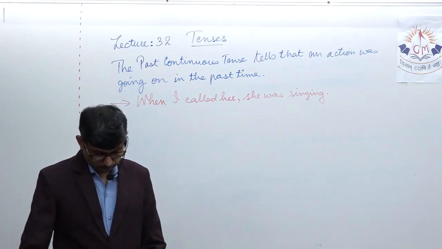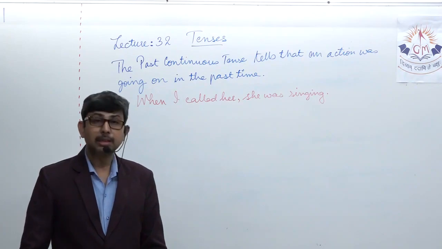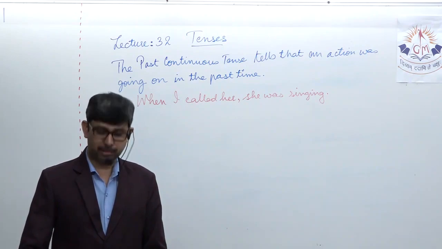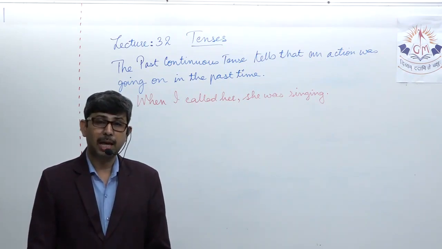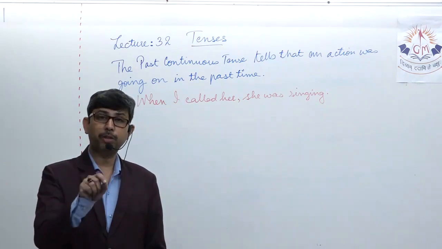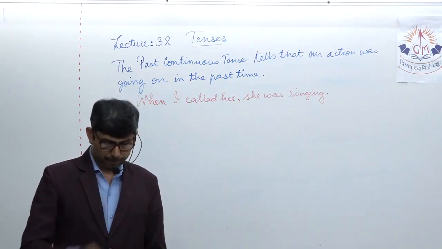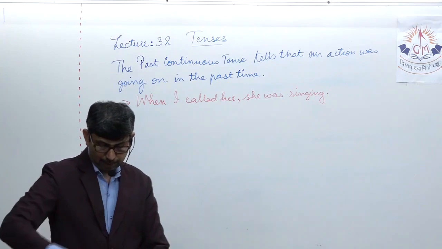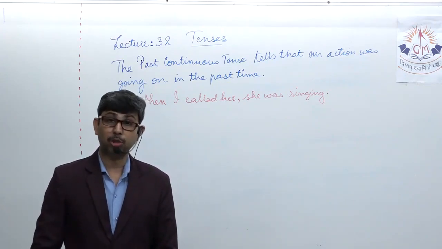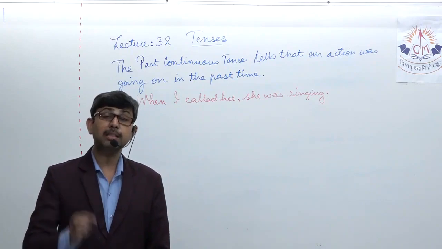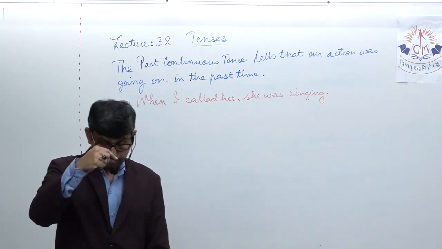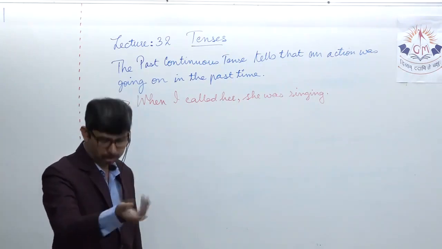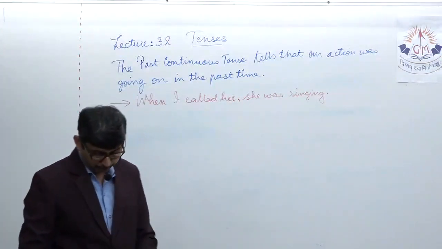Moving along with this, we have the next type of tense based on the past time, that is the past perfect. Just like we learnt about the present perfect, an action that had just completed, we refer to as the present perfect. Similarly, when I talk about the past perfect, what do I mean to say? It is used to denote an action which had completed, and not has completed, which had completed at some point of time in the past, before another action commenced. When one action was over, the other action started. Let's see this with some examples.